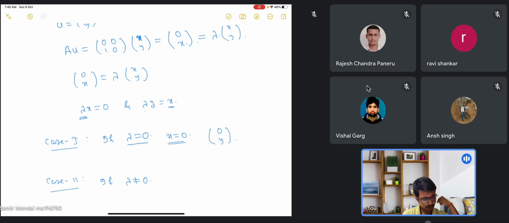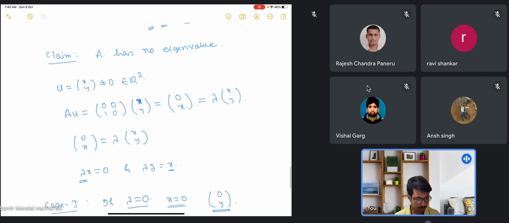Yeah, 0 is the eigenvalue of A. Then it will not work. Corresponding to this one, 0 is an eigenvalue of A. Okay, so this example will not work. A has the eigenvalue. Okay,